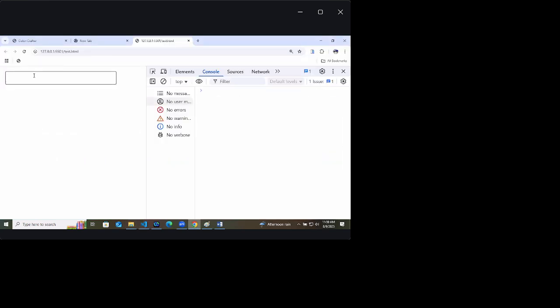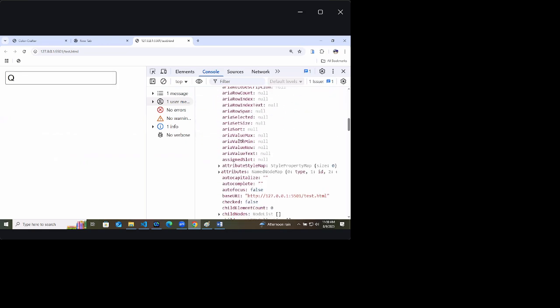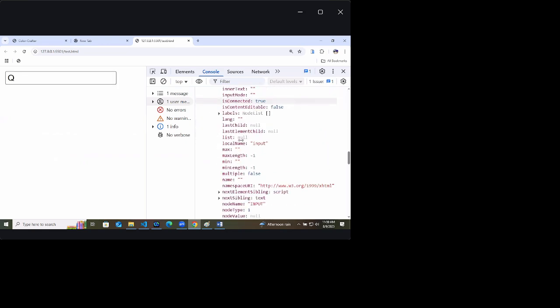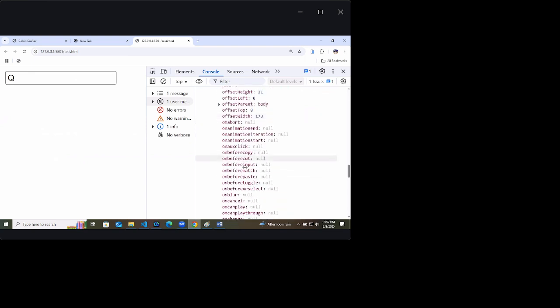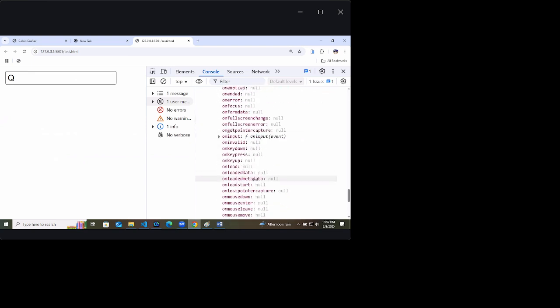Go there. I will type here Q and here it printed something. Now check the on input. This one. Here I have given something on the input event.